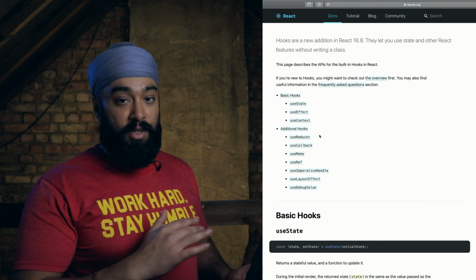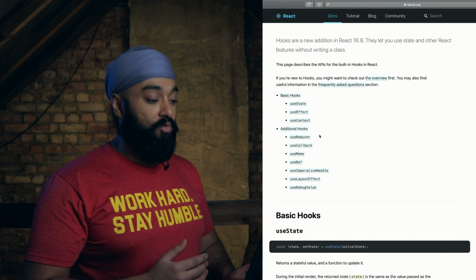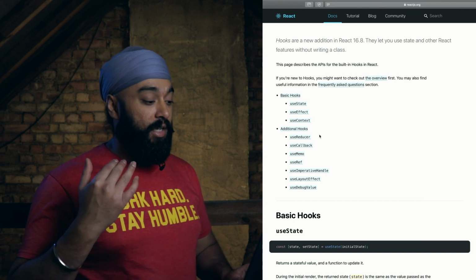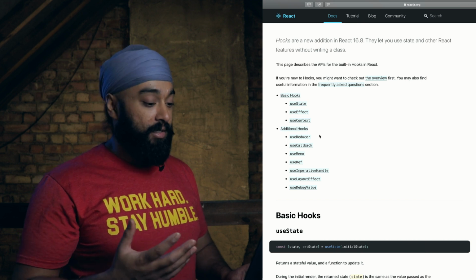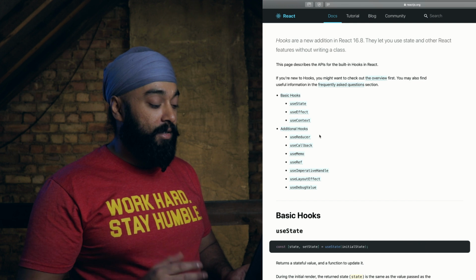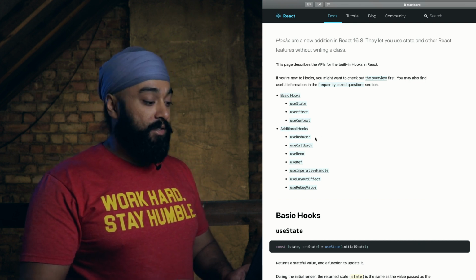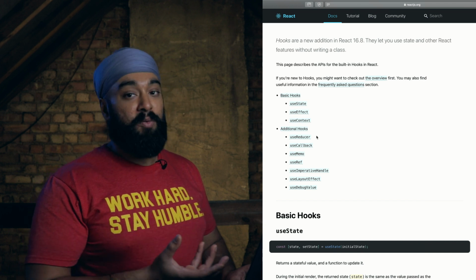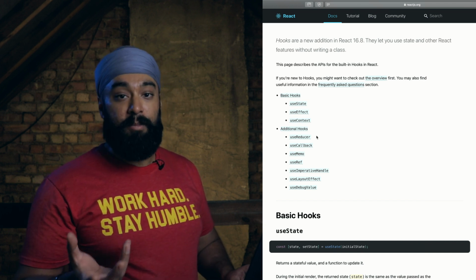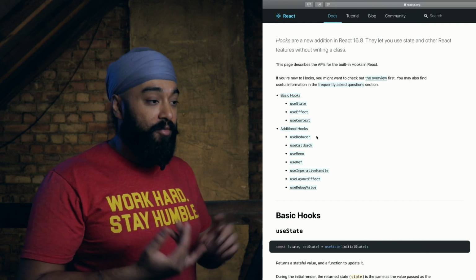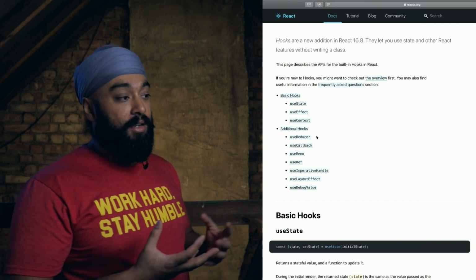They're not trying to eliminate Redux in any sense. Redux still has its uses. Redux is a lot easier to debug. You can see the actions. The Redux dev tools are amazing. That makes developing a lot easier, being able to replay back. So this doesn't replace Redux, but it does give you something useful, which is local state management for components that mirrors Redux. So you have a reducer, you have actions, and it's great.